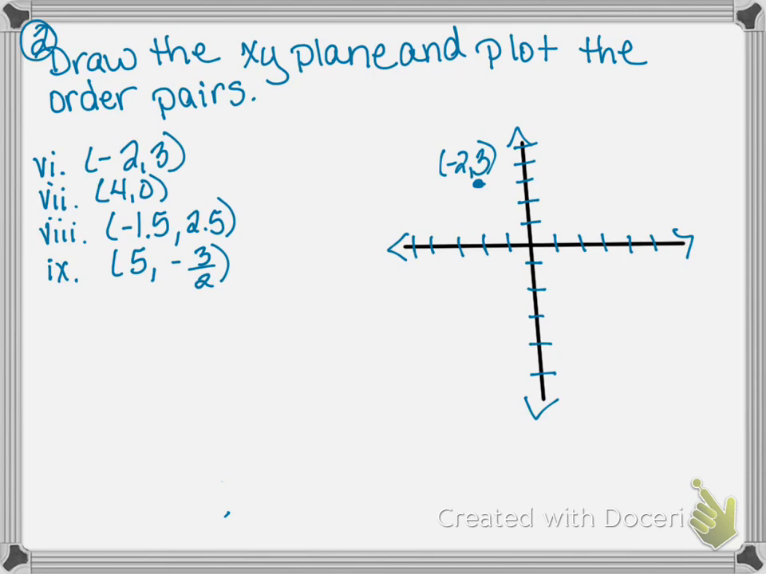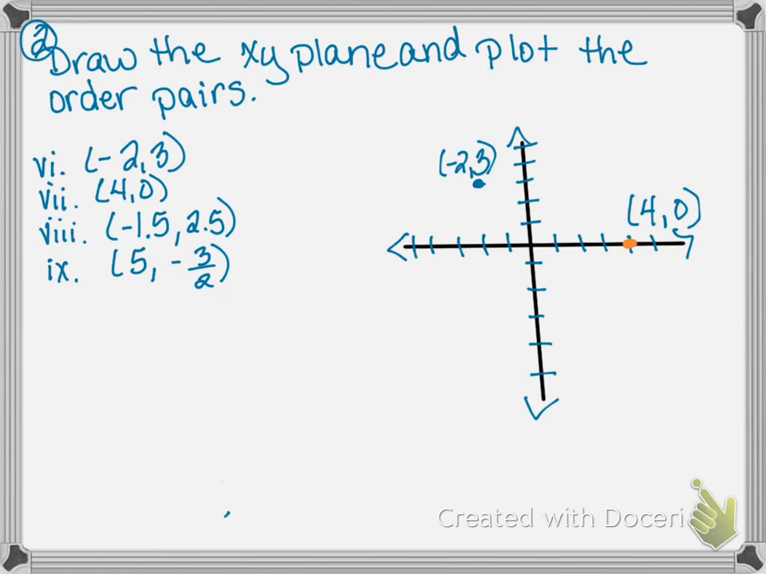So this point's going to be on the x-axis. So we are going to go 1, 2, 3, 4, and we're going to go up 0. So that is our point, and the ordered pair is 4, 0. The next point is -1.5, +2.5. So we are going to go to the left